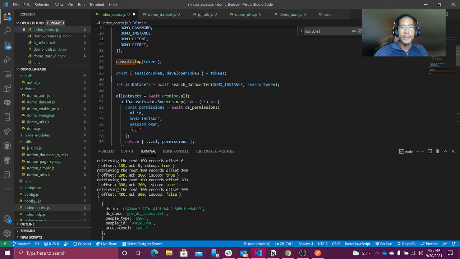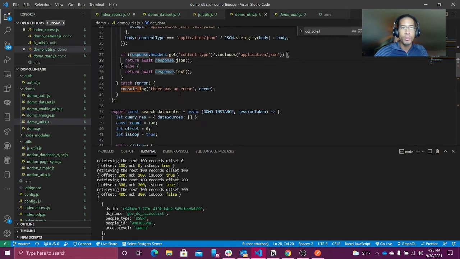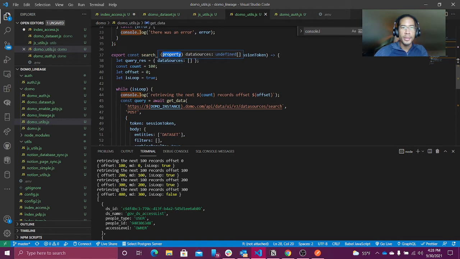Cool. Let's take a look at that search data center function. Notice here I'm passing just the URL and my session token. All right, where are we going? Demo utils. Okay, to search the data center, basically what I'm going to do is I'm going to create a